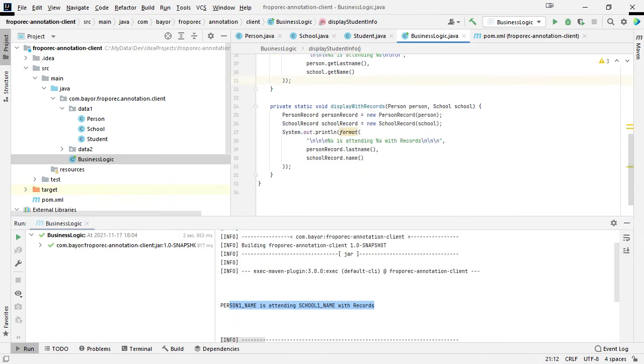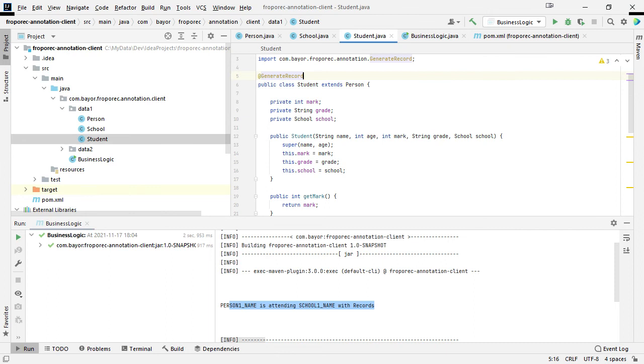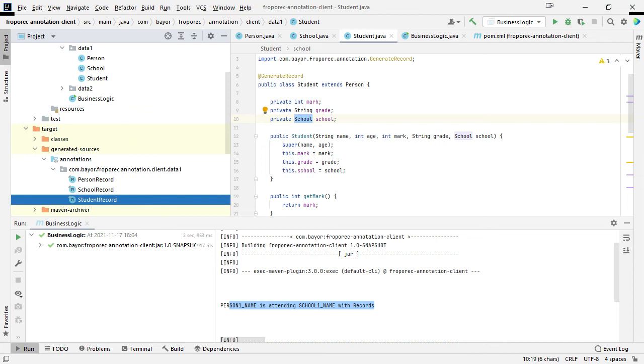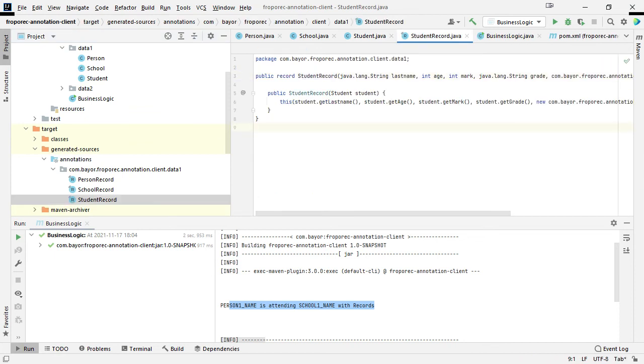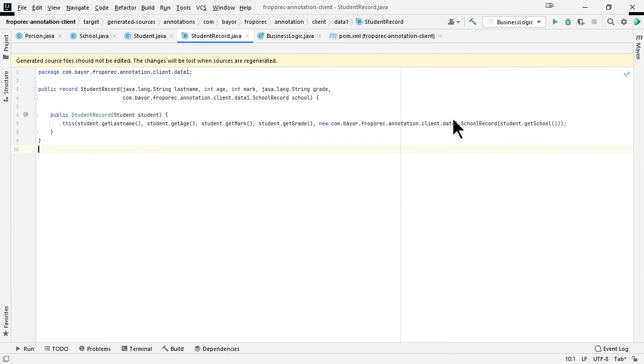All right. So just a quick comment regarding, as I mentioned from the beginning, there was this complex student type which extends another one and also has a school type inside. If you look at the generated record for this one, I'm gonna make it a bit big.